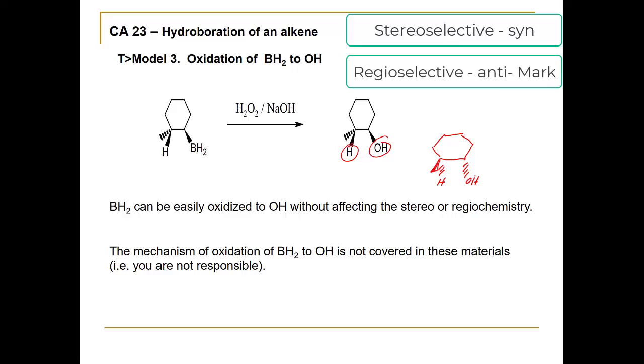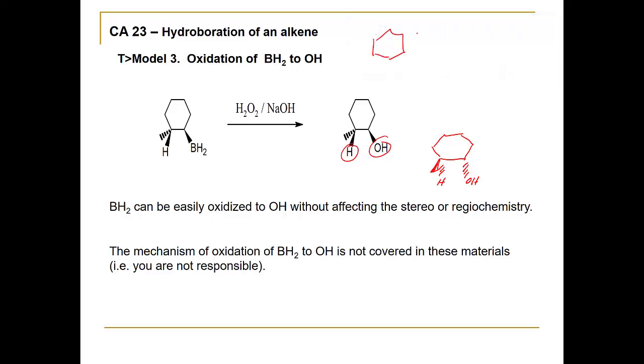Now, just to emphasize this, if we, for instance, started with an alkene that looked like this, and then the reaction involved acid catalyzed addition of water, so let's say we use HCl cat here, we know that the product in this reaction, the OH, would be added at the more substituted carbon. Now, the stereochemistry is not so important in this particular case because this carbon right here is not chiral. And of course, the hydrogen would be added to the least substituted carbon. So we know what we have just drawn here is an example of a Markovnikov addition,